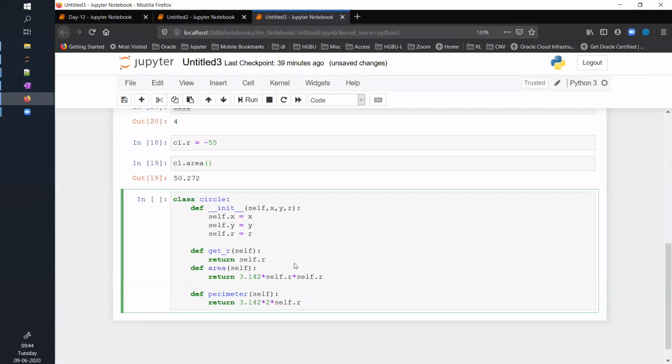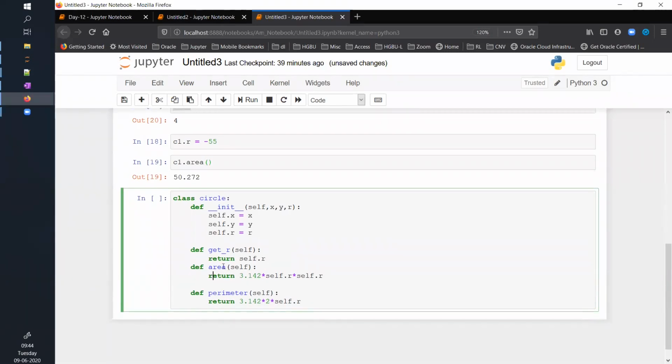One point that I forgot to mention is, in these functions area, I'm not passing radius or anything as a parameter. Initially when you were creating the area function, you must have passed radius as a parameter, right? You remember that? And you might have used that in your logic.